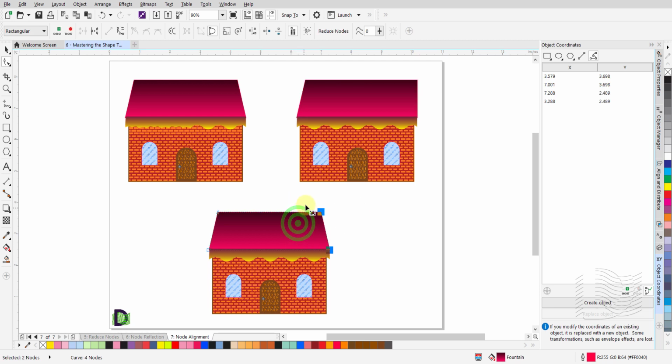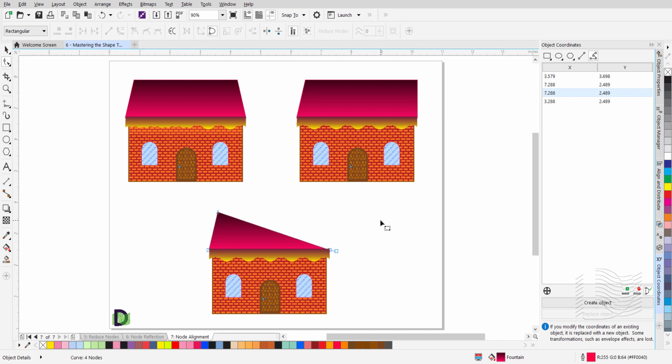Select two or more nodes and click on the icon for Align Nodes in the Properties bar. This time, place a check mark against all the options offered in the pop-up window. When you click OK, you see that all the selected nodes align on top of the node you selected last, and their control points are also aligned.